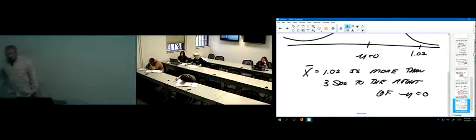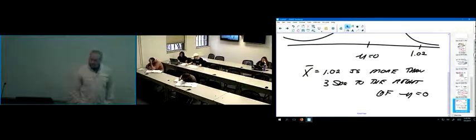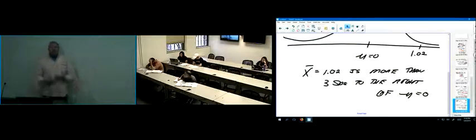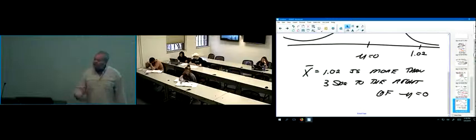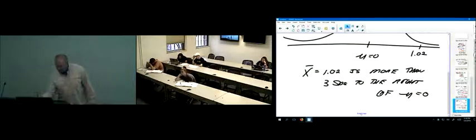In other words, an x bar being 1.02 is very unlikely to happen by chance if mu is actually equal to 0. An x bar being 1.02 is very unlikely to happen if the cola is not losing sweetness in storage. This is like going downstairs and shooting the foul shots and me making 4 or 3 or 5 or something else. In other words, here you got good evidence